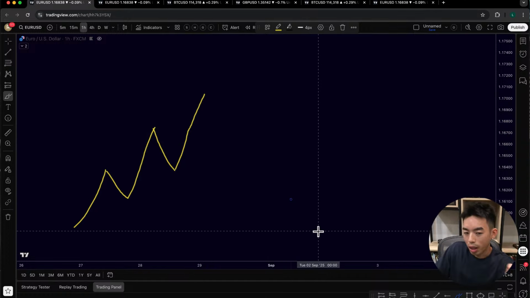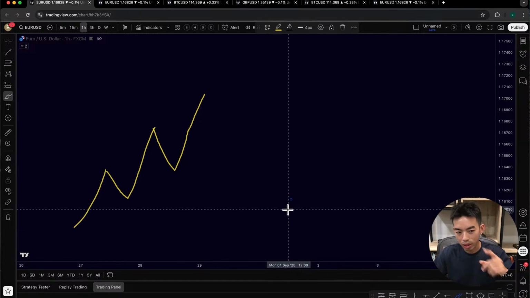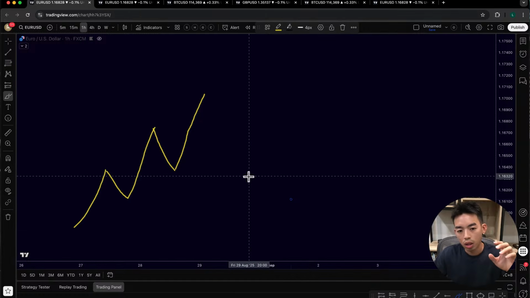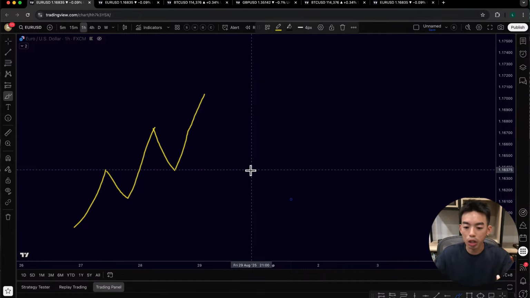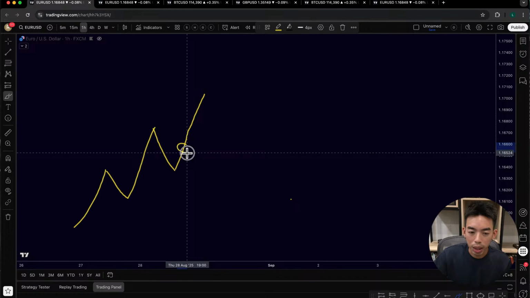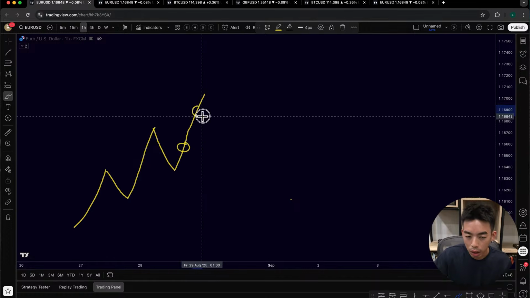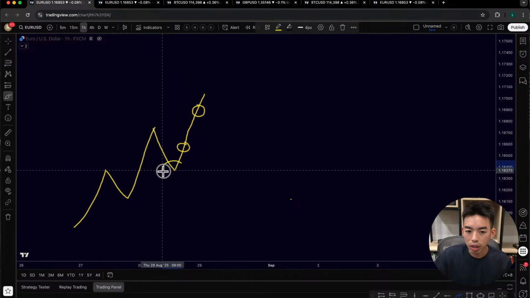What's happening in the market? It's an uptrend, right? Things are going up. When things are going up, what are the majority of people doing? They're buying, right? Doesn't matter if it's a hedge fund or retail traders like us, we're all looking to buy. Now here's the question I want you to answer. Where do you think the smart traders with a lot of money are getting in? Do you think they're getting in with a lot of money here, pumping the market going up, or do you think they're getting in here?